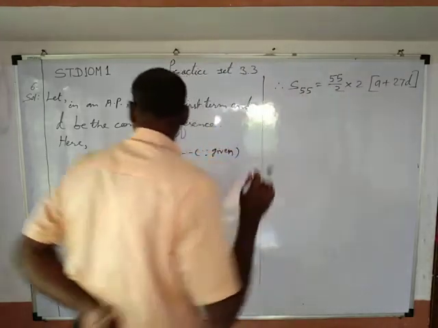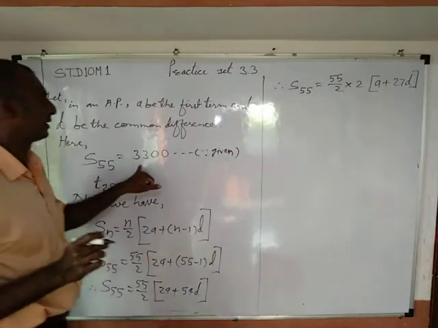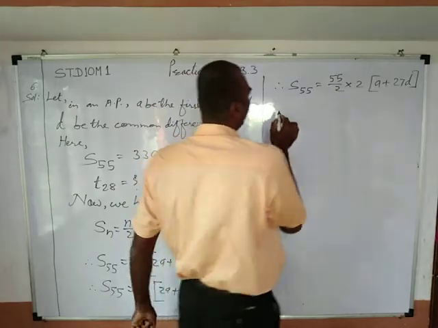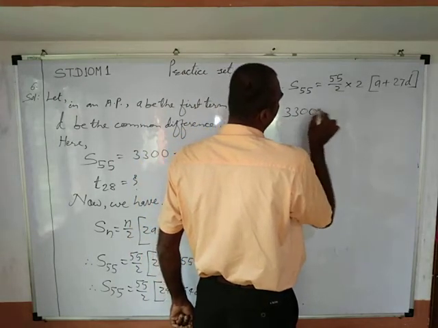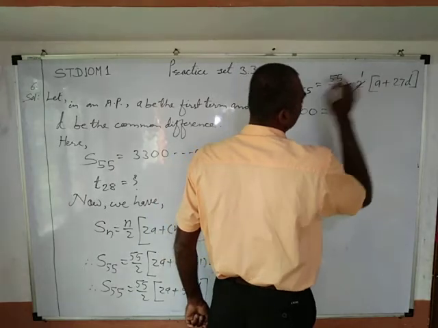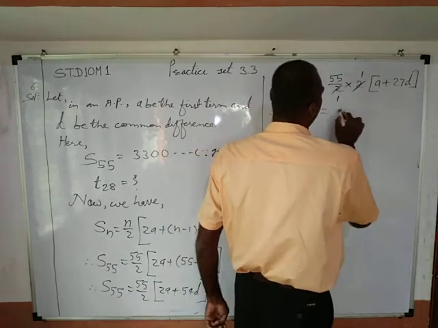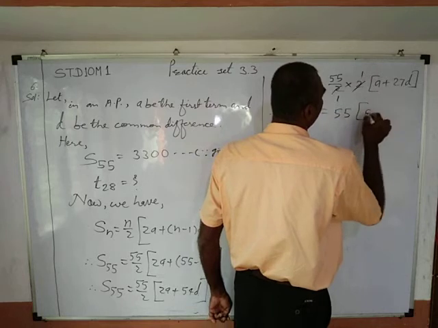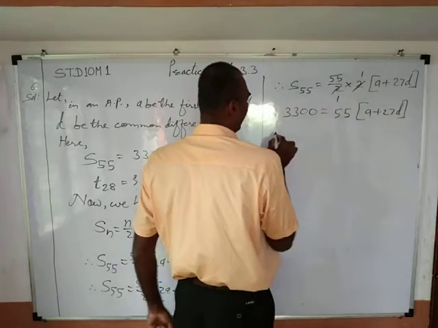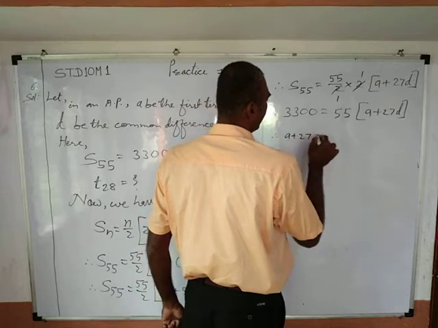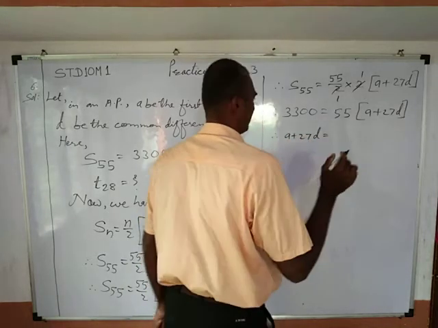Okay, and we have the value of S55 as 3300, and therefore 3300 equals 55 in a box bracket a plus 27d, the 2 ones are 2 will get cancelled. Okay, and therefore a plus 27d equals